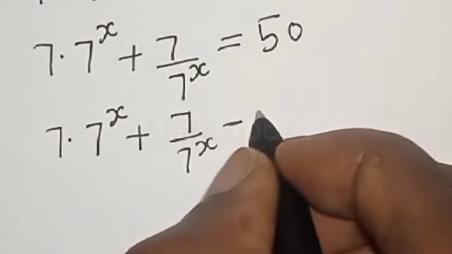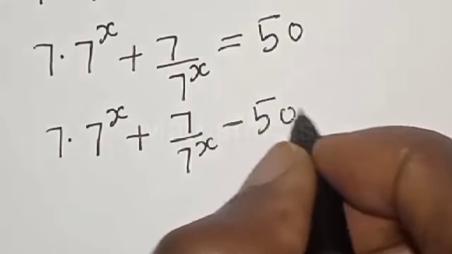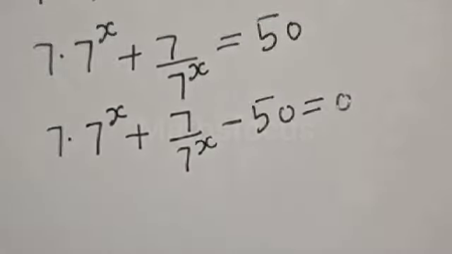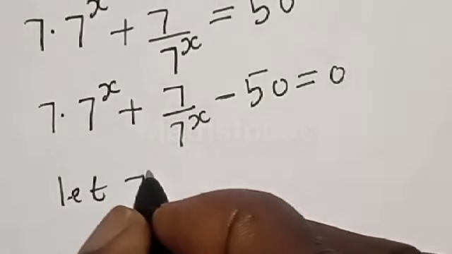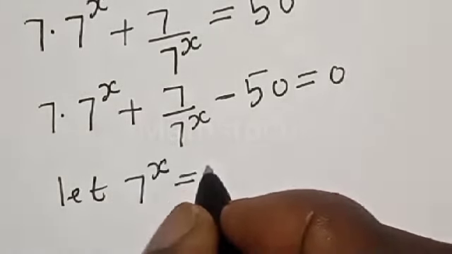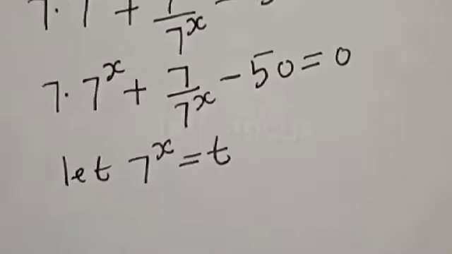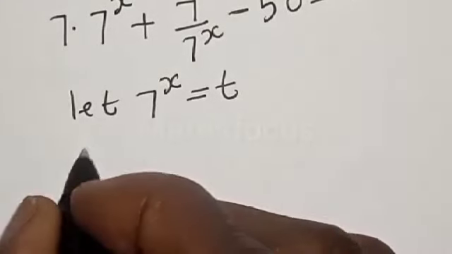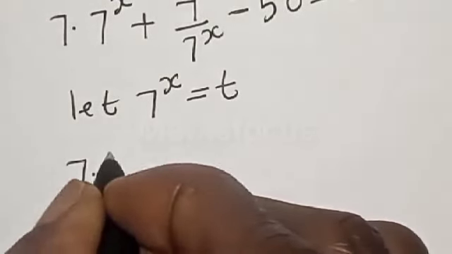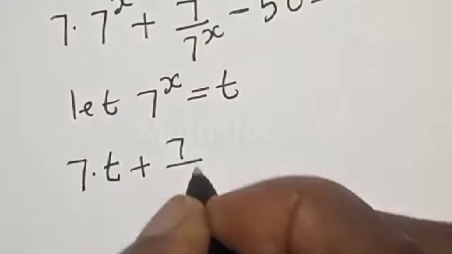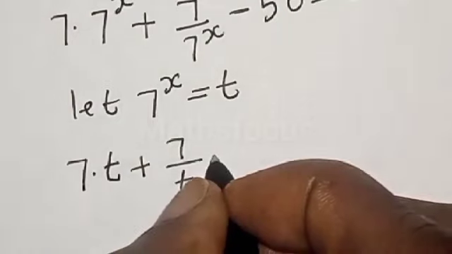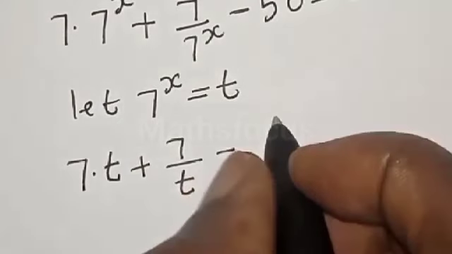We have minus 50 is equal to 0. Now let 7 raised to the power s be equal to t. If that is the case, we have 7 multiplied by t plus 7 divided by t minus 50